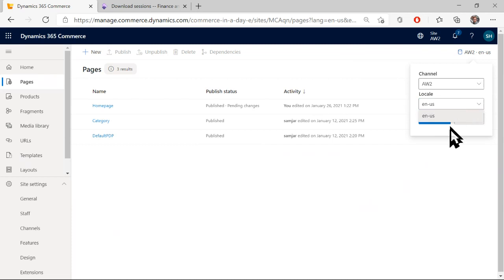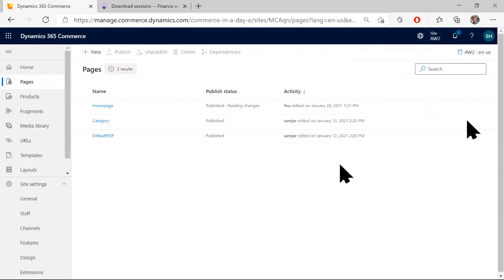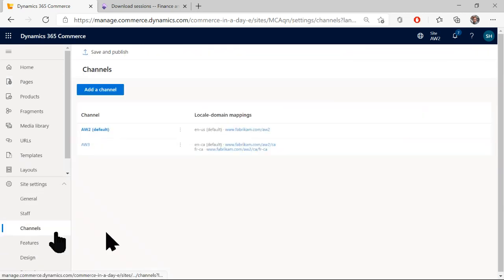There's a single language mapped to that channel. So what we're going to do is go and map an additional language to that channel. We do that by going into site settings, and then within site settings we open channels. As you can see here, this is really a different view of what we just saw, which is that for the AW2 channel we have a single language, ENUS, and we have a URL, and it's mapped to the URL